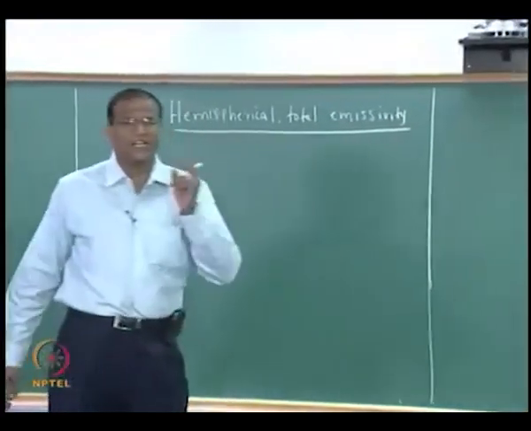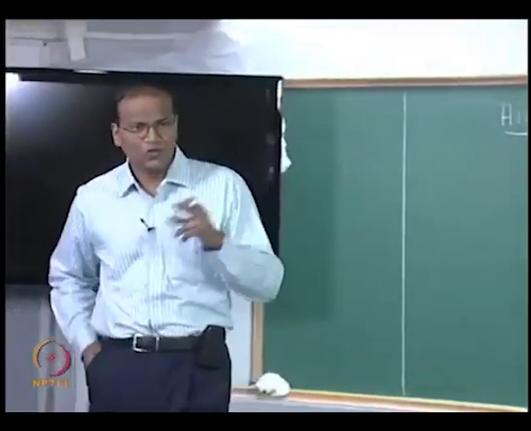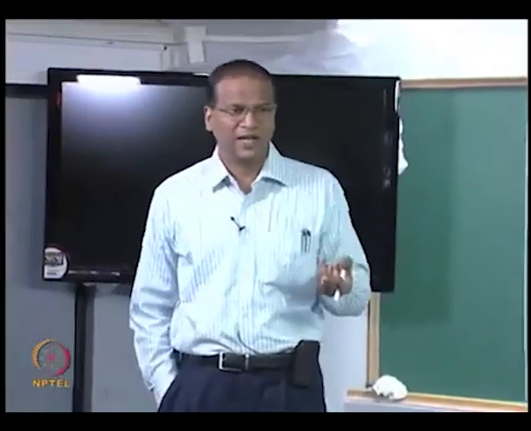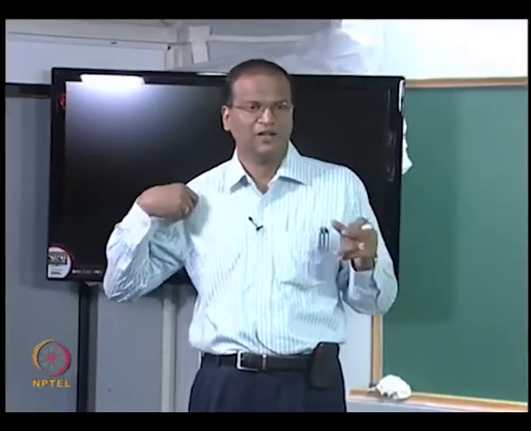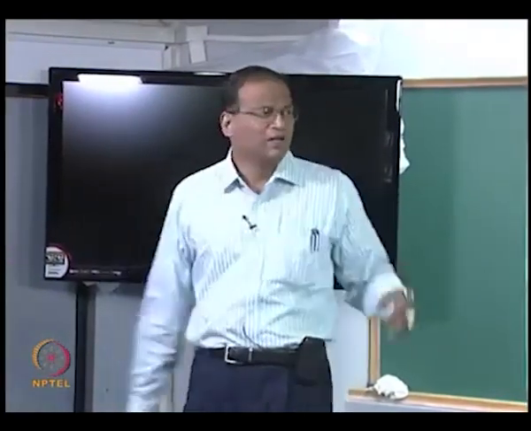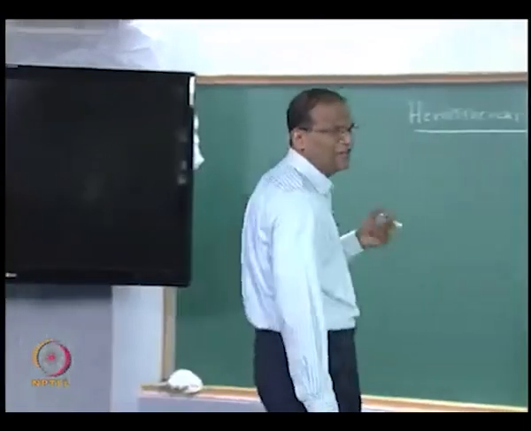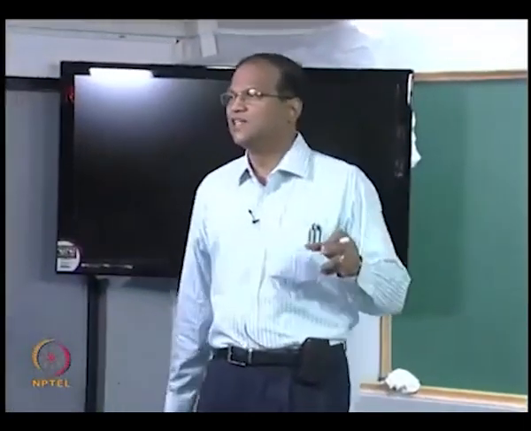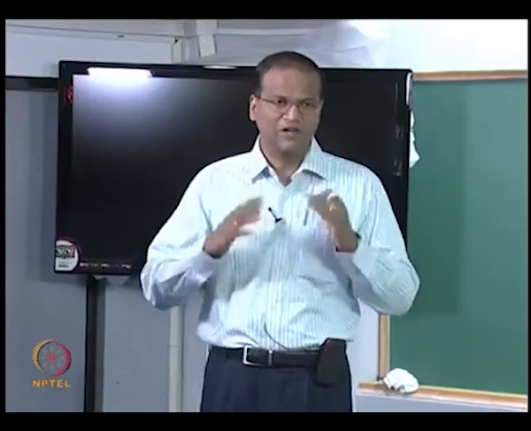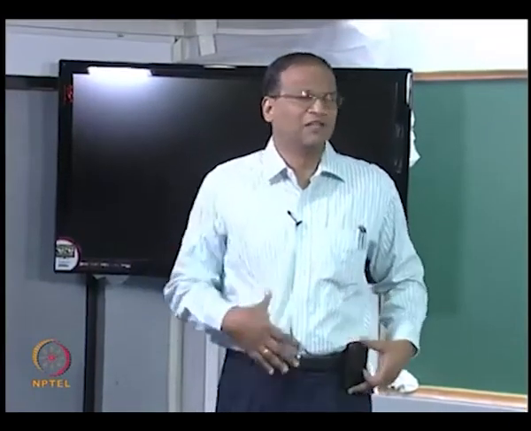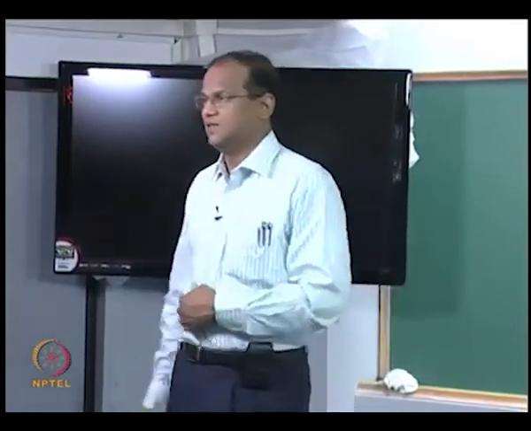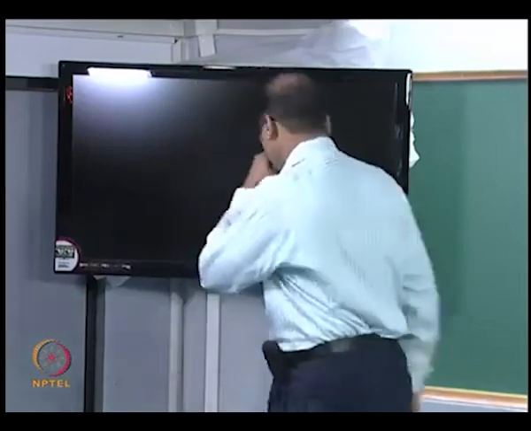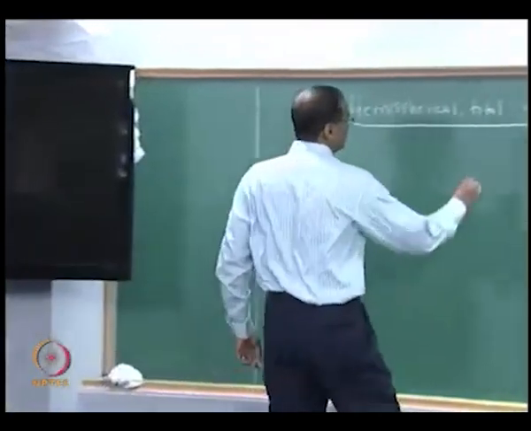So we started integrating one by one. If you integrate with respect to direction, then it is called hemispherical. So you get the hemispherical spectral quantity, but if you integrate with respect to wavelength and leave the direction, it is called the directional total emissivity. Now we will do both the integrations, so we will finally get the hemispherical total emissivity where the integrations with respect to wavelength as well as theta and phi are done. So this is denoted by